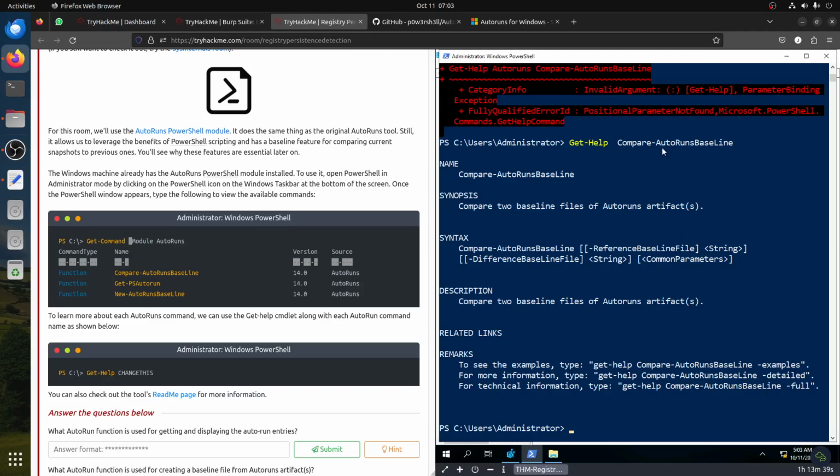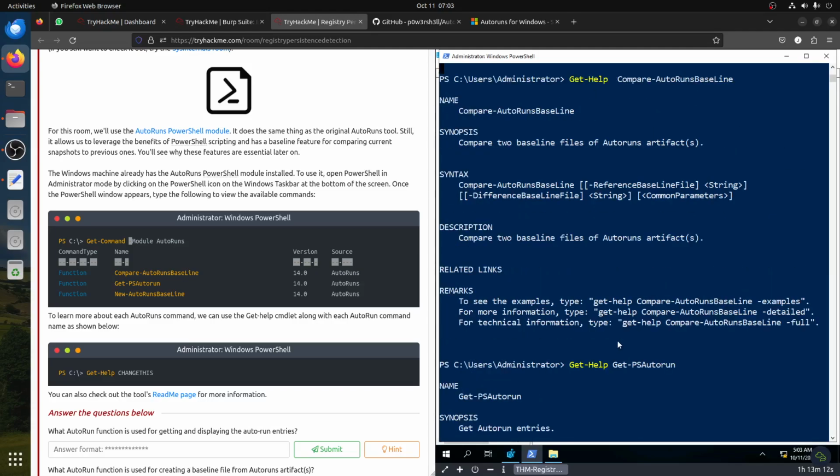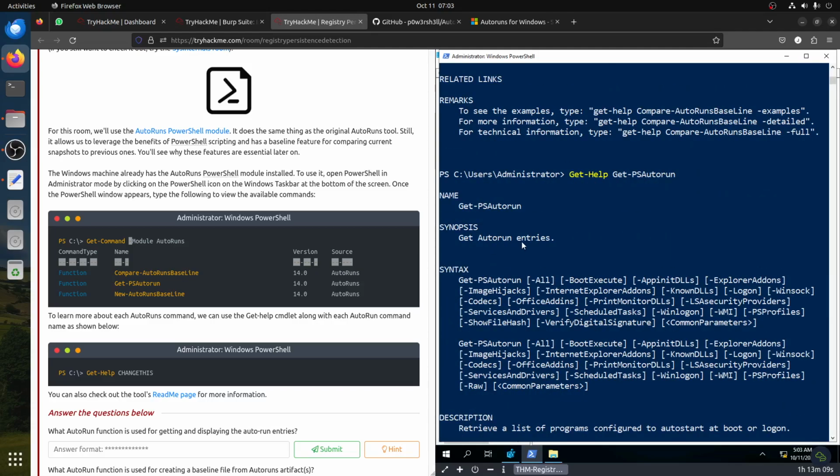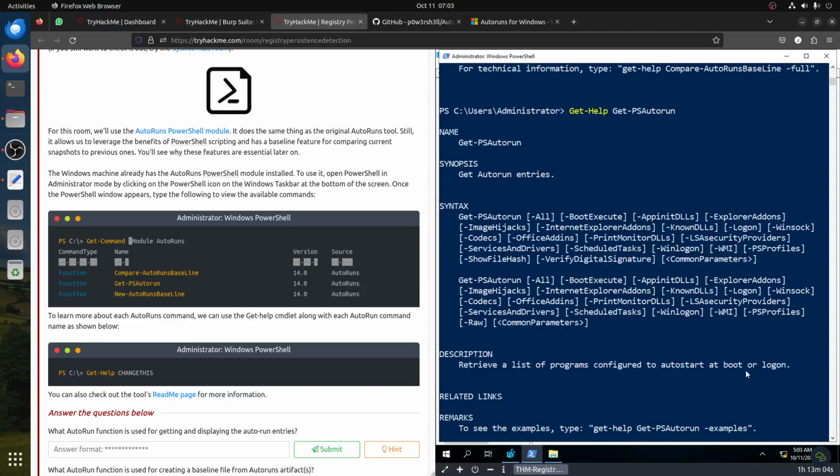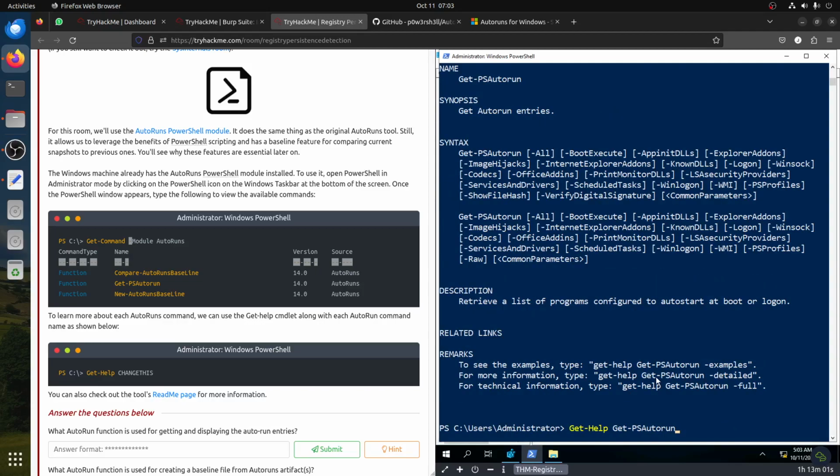Okay, get help for this function. Compare autorun baseline. So autorun baseline, as the name says, compares two baseline files of autorun artifacts. Okay, so if we do the next one, Get-PSAutorun. PS autorun is Get autorun entries, so this is straightforward. Retrieve a list of programs configured to auto start at boot or logon. And then if we go to get help